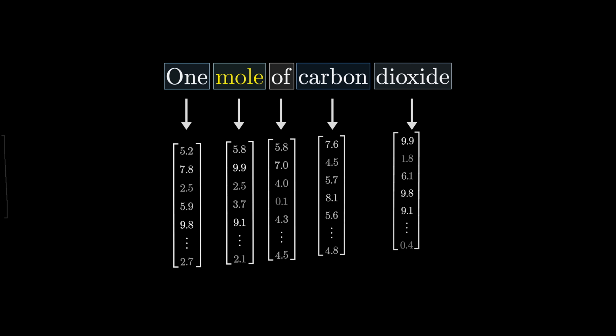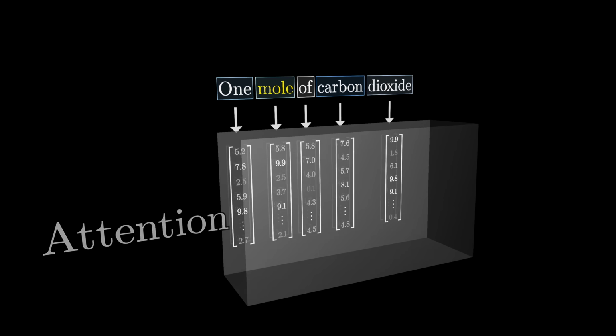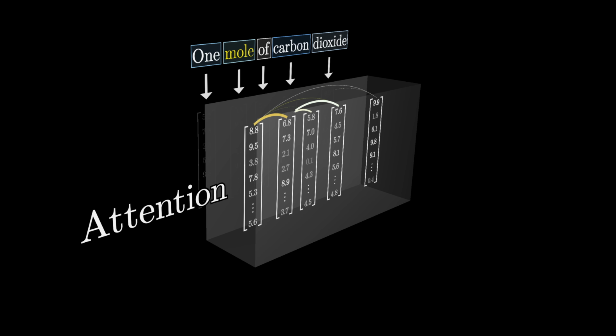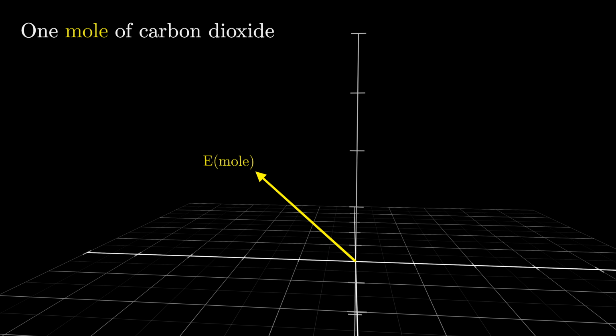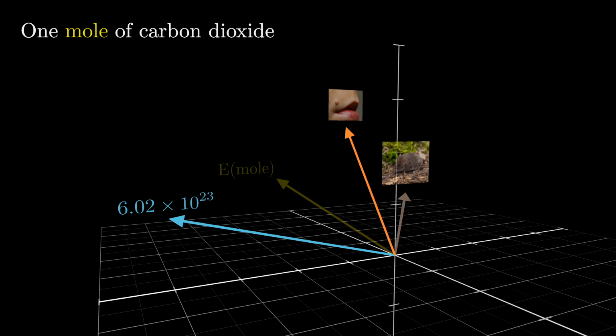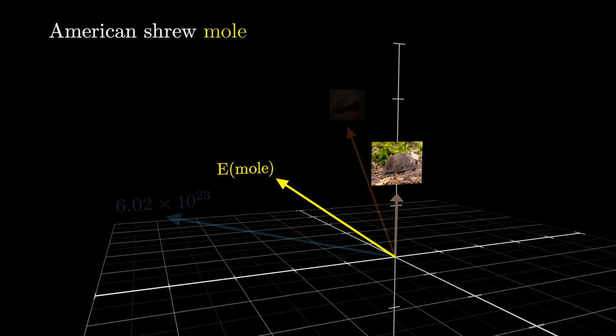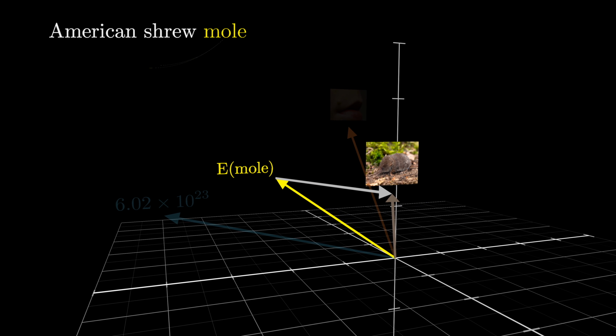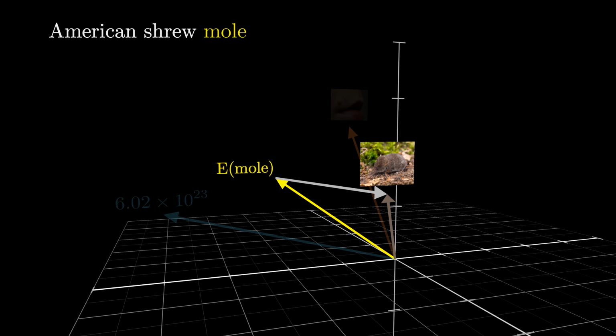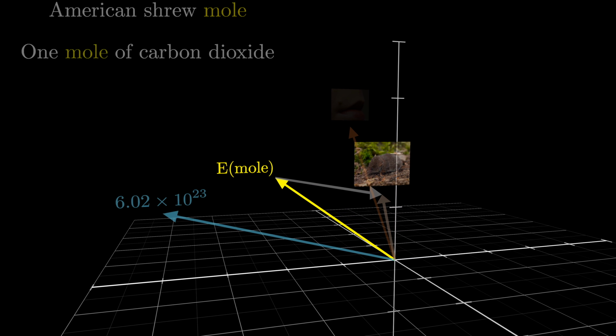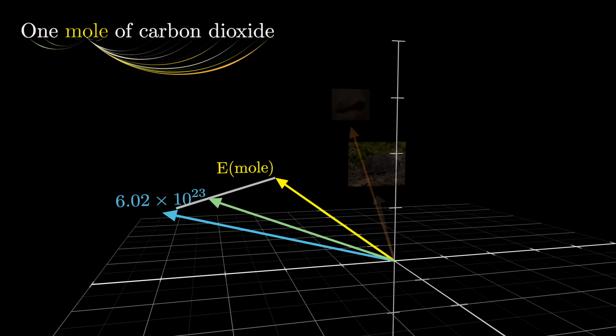It's only in the next step of the transformer that the surrounding embeddings have the chance to pass information into this one. The picture you might have in mind is that there are multiple distinct directions in this embedding space, encoding the multiple distinct meanings of the word mole, and that a well-trained attention block calculates what you need to add to the generic embedding to move it to one of these more specific directions, as a function of the